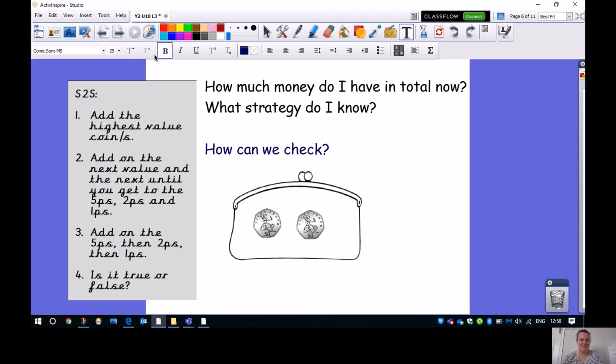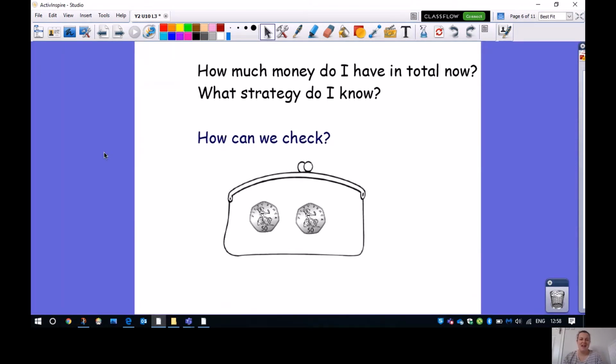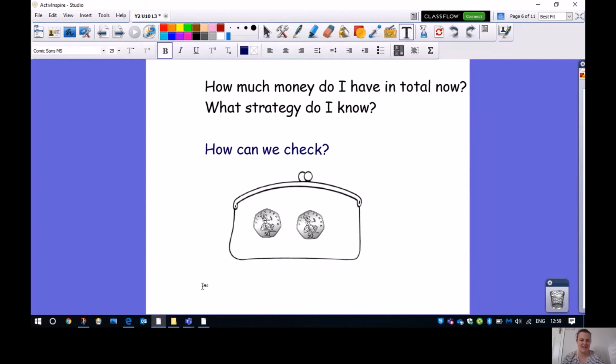Let's have a look at this one. This time round, what strategies do I know? I'm going to use if I know, then I know. So what's the first calculation? The calculation is 50p add 50p